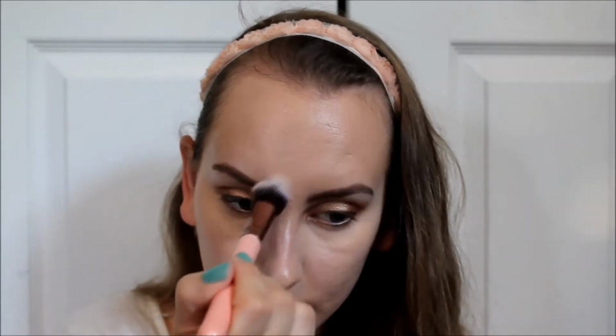Okay, so that is what the under eyes are looking like. It's actually looking pretty good. I like dusting this on the center of my forehead, down my nose, and on my chin, just to help brighten up things a little bit more. But I am going to set my whole face with the L'Oreal True Match powder in W2. This is also my project pan, and